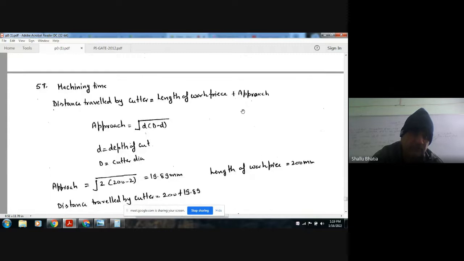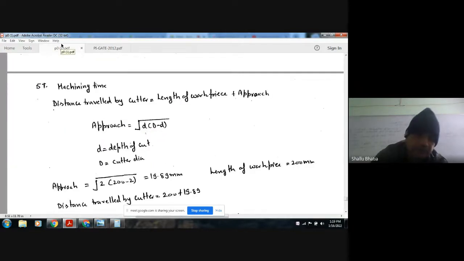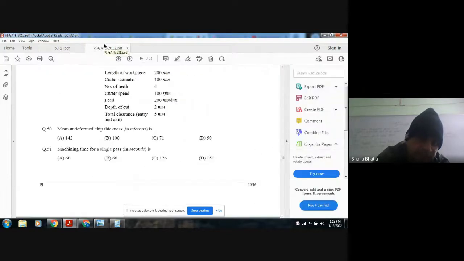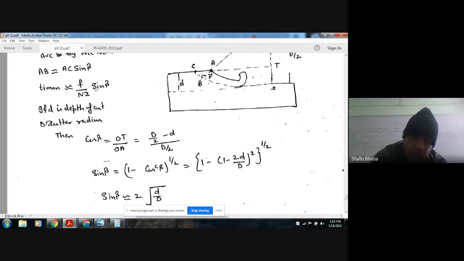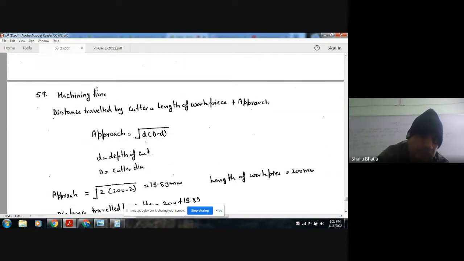Now next is the machining time for a single pass in seconds. To calculate machining time, the length of work is equal to 200 mm. To carry out machining, the tool has to travel a distance equal to length plus approach. And approach is nothing but